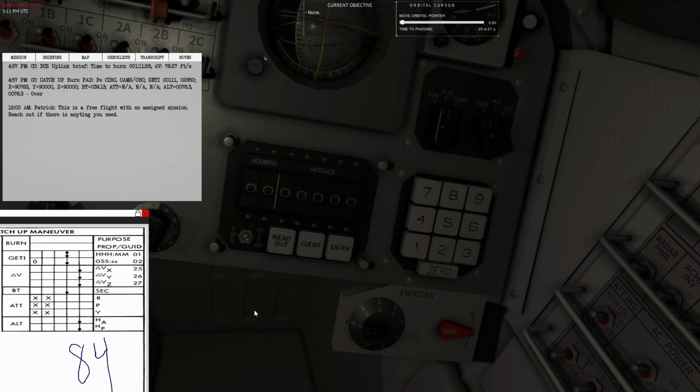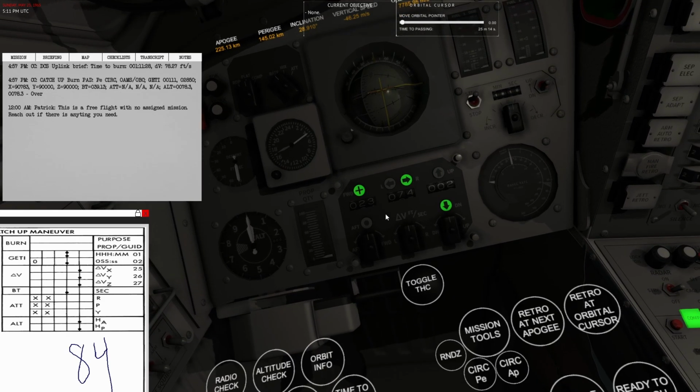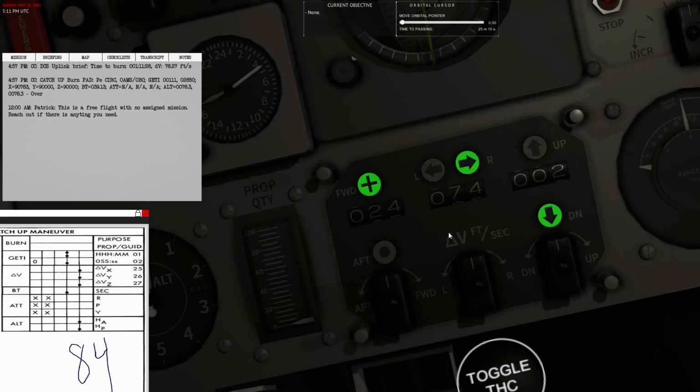So what's interesting about the computer is that if we go over to the delta V, the IVs. That's what I always forget what to call this thing. This is the translational computer showing you what's going on with our forward and aft, left and right, up and down translational burns. So those are the thrusters that are going to be doing that. So the IVs are what we're using to do the burn. And since we're not going to have to go left and right or up and down, although orbit has some minor corrections to make there, it's mostly that we have to do the burn in the forward position,